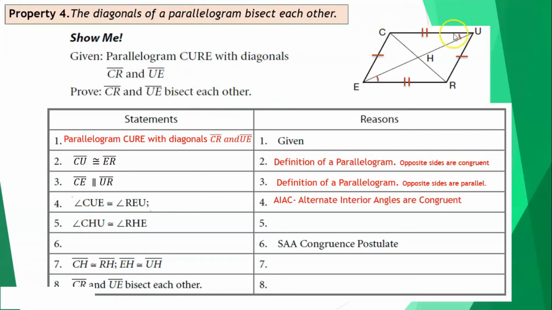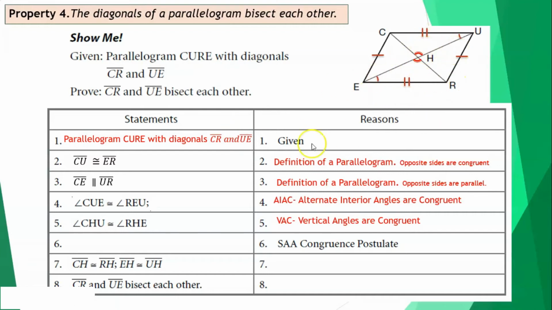CUE and REU are congruent because of alternate interior angles. They're alternate interior angles, so therefore they're congruent. The same thing with angle CHU, which is congruent with angle RHE because they are vertical angles. And vertical angles are always